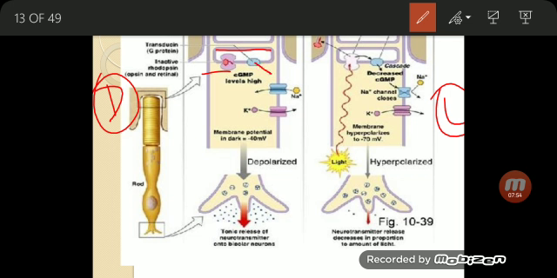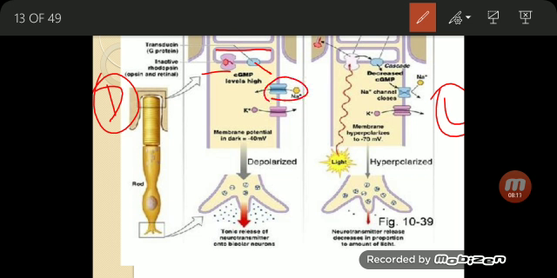So during the dark state, the rhodopsin is inactive, and the transducin, that is a G protein, is also not activated. So the cyclic GMP levels are high, and this helps in opening of the sodium channels, and the sodium is inside, and there's a state of depolarization. So in the state of depolarization, the neurotransmitters are not released. Okay, so there is no excitation taking place. And in the light state, what happens?